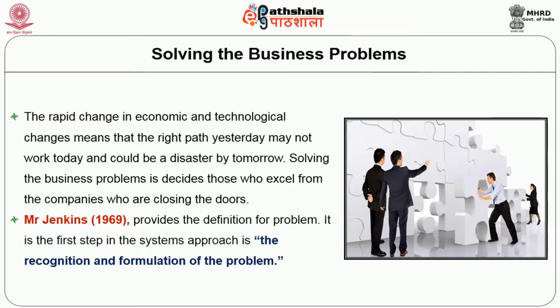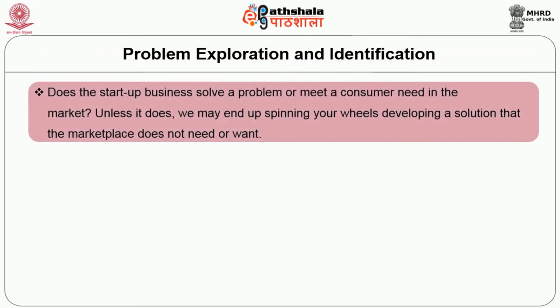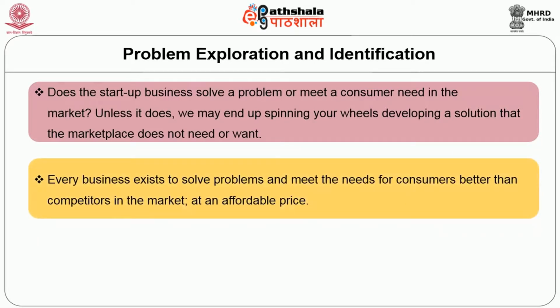Mr. Jenkins provides the definition for a problem. The first step in the systems approach is the recognition and formulation of the problem, problem exploration and identification. The startup business must solve a problem or meet a customer need in the market. Unless it does, we may end up spinning our wheels, developing a solution that the marketplace does not need or want. Every business exists to solve problems and meet the needs of customers better than competitors in the market